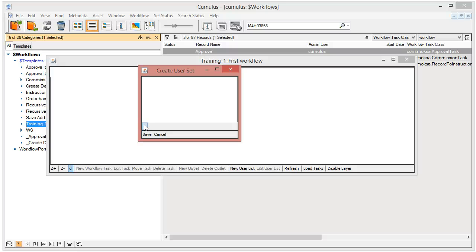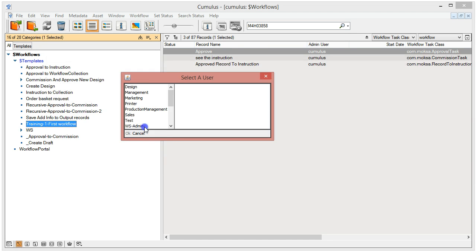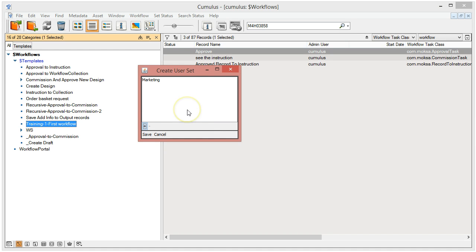They will upload it into the workflow portal, and then this will automatically be sent to somebody in marketing, and marketing will verify if this file is okay. So I'm clicking here, I'm selecting the department, I can see my users, but if I want the person who starts the workflow to be able to select from a group of users from marketing, I'm not going to select an individual user,